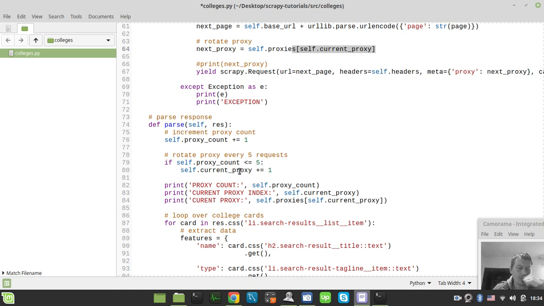So we're not handling if a proxy sucks, basically, so no guarantees, no warranties that it would work